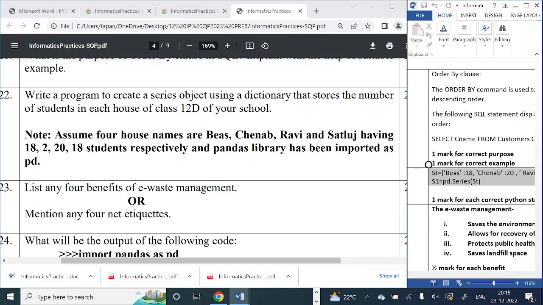Second method you all have used, like pd.Series, in brackets you can write the values, all the 4 values, and then you can write the labels separately. So this method, I think using a dictionary you have already been doing, so this will be the best one.